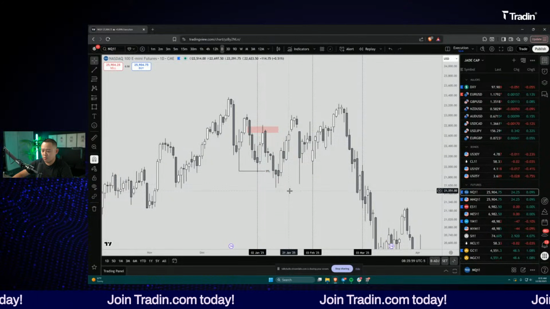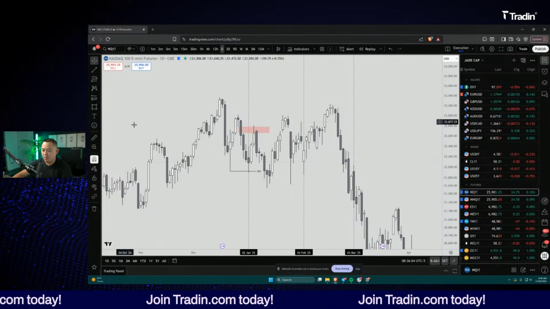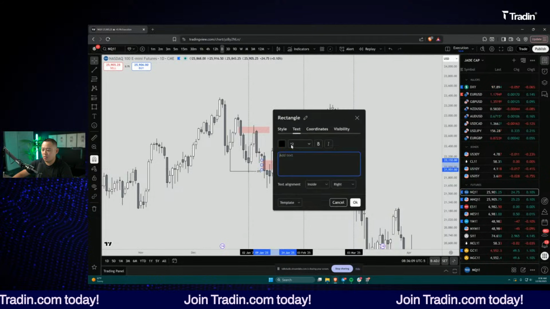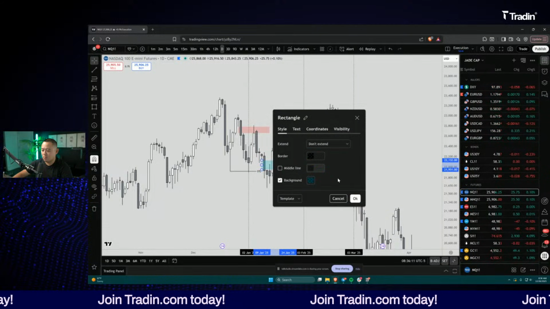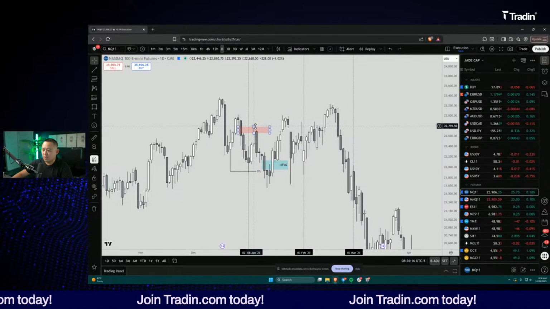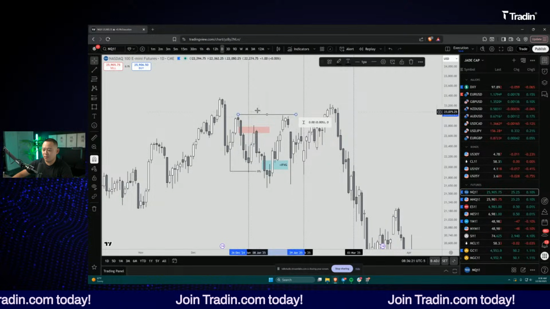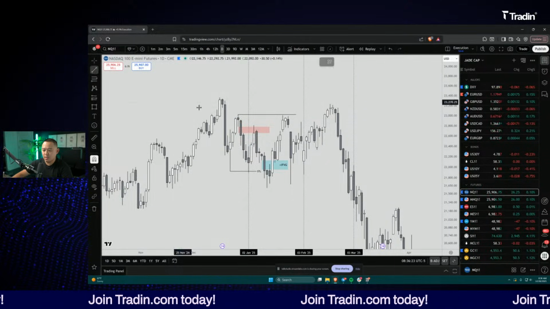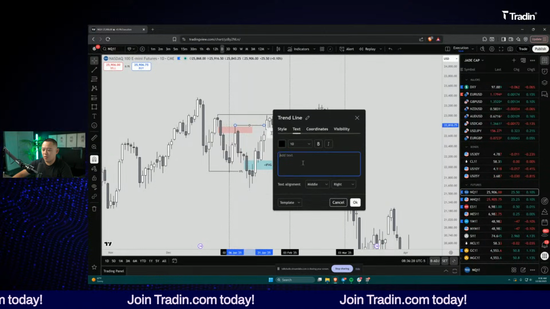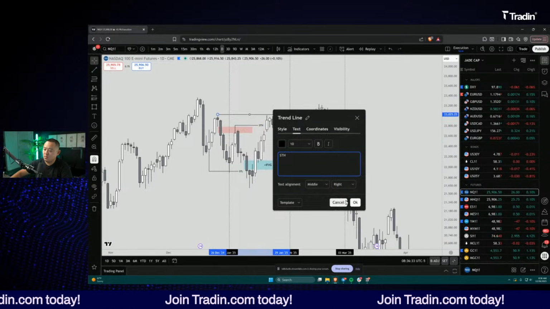Once it takes out the short-term liquidity, we get a very strong bullish closure through this bearish fair value gap, and then we get a bullish inverted fair value gap. And we run to short-term liquidity. Again, internal range liquidity doesn't always have to get ran out if you are bearish on a market. So you have these two short-term liquidity points, we took out one of them, and then it rolls over.